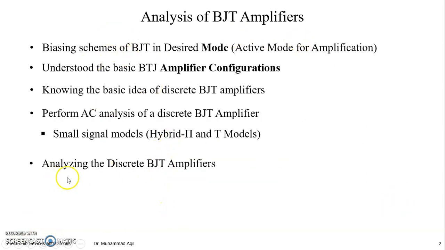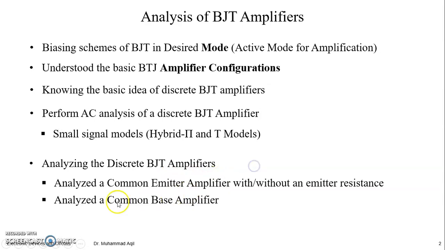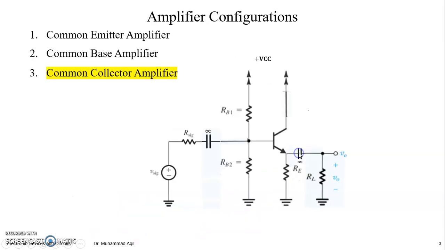Already done: analyze the discrete BJT amplifiers, common emitter with or without emitter resistance, and common base. Now we are going to discuss the common collector amplifier. This one is an example of a common collector amplifier. You can see,